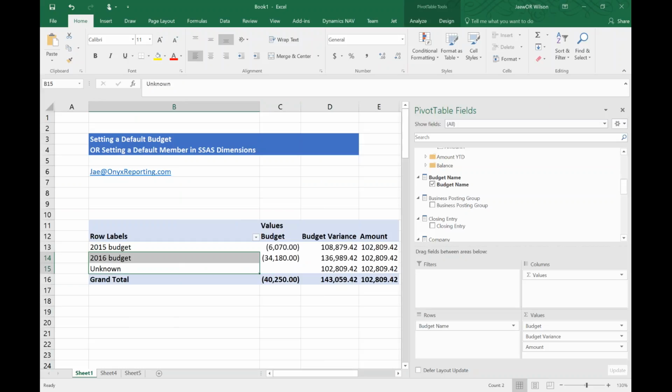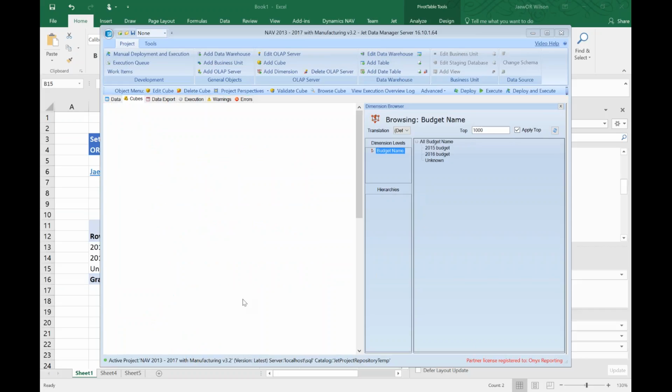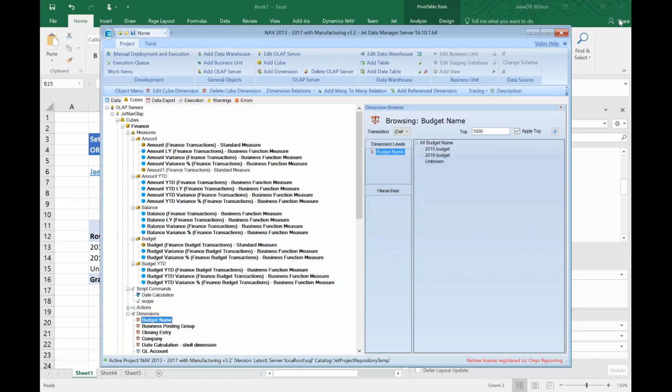So then we're thinking to ourselves, shouldn't it be possible to just define a default budget? And it's actually relatively easy. One of the pieces of information you need to know is how do you identify a budget? What is the name of the budget? So I can go here into my budget dimension